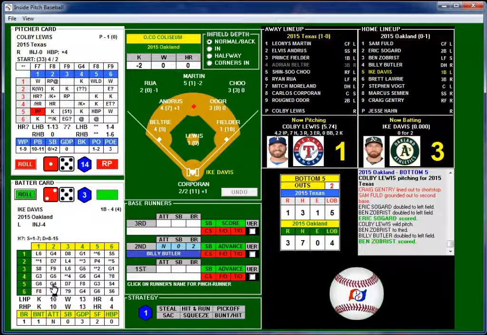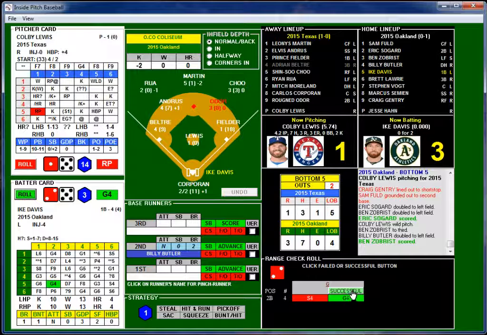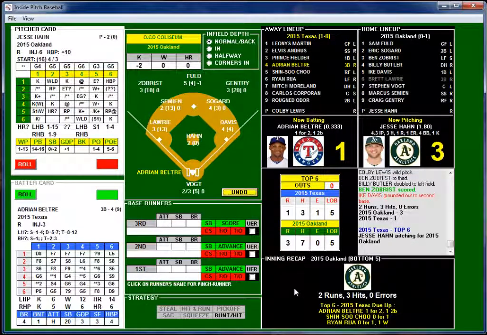Average range. Hard ground ball up the middle. And Odor backhands it, flips it over to Fielder and gets that all-important third out here. That is a really good play. Stops the bleeding in the 5th inning, and 3-1 Oakland. 3 doubles and a single? 3 doubles and a wild pitch, I believe. So 3-1 Oakland. Let's see what Jesse Hahn can keep them down for a little while.